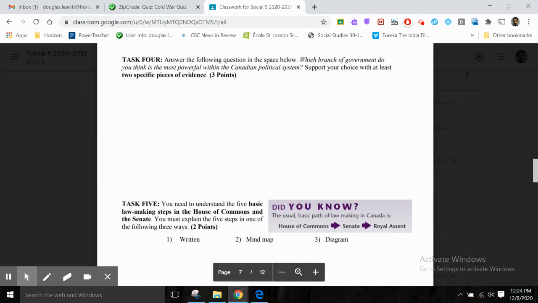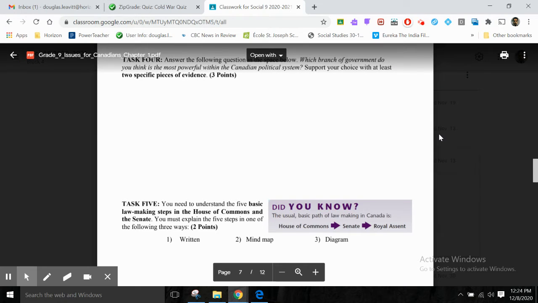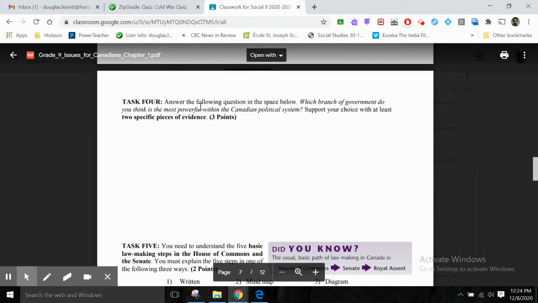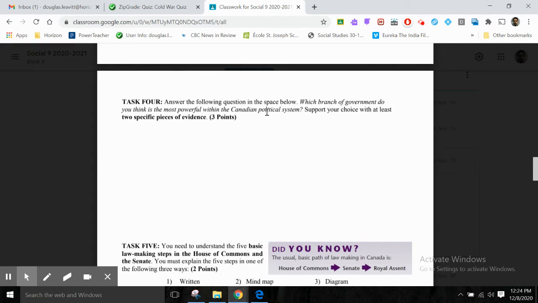Task 4 is to answer the following question in the space below. Which branch of government do you think is the most powerful within the Canadian political system? Support your choice with at least two specific pieces of evidence. Okay, so you're going to pick whether it's the legislative branch, the executive branch, or the judicial branch and provide